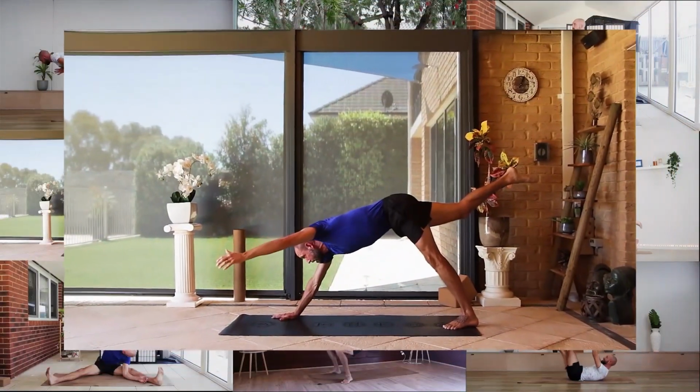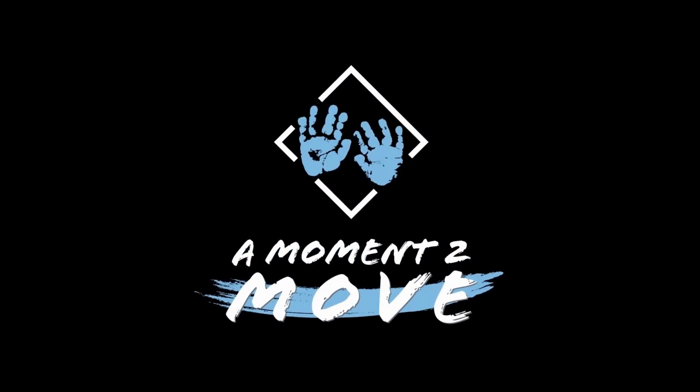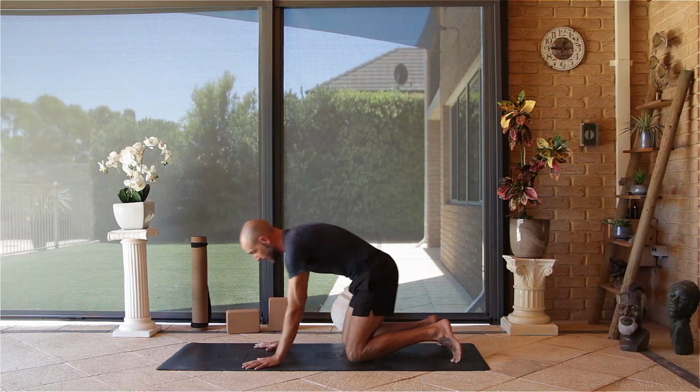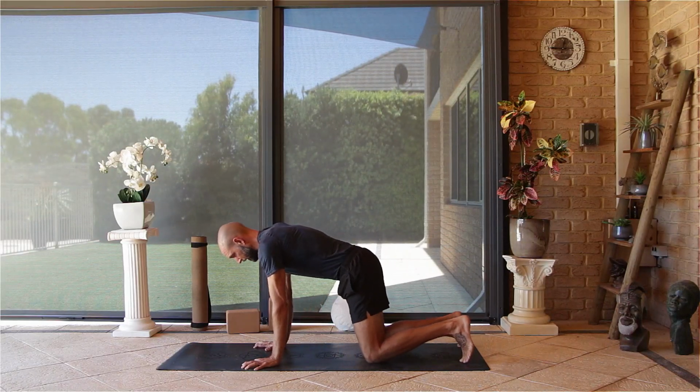So we're going to start with a nice little warm up to get into our hip flexors, open up the back and shoulders, and let's waste no more time. So when you're ready, meet me in a tabletop position. We're going to start on hands and knees, shoulders stacked over the hands, hips stacked over the knees, and we're